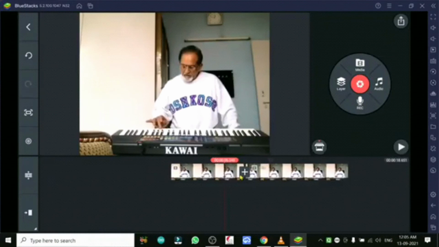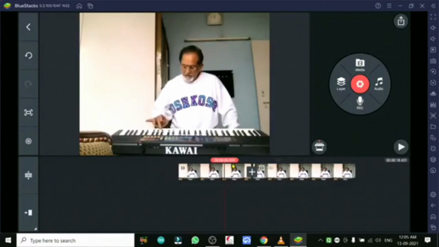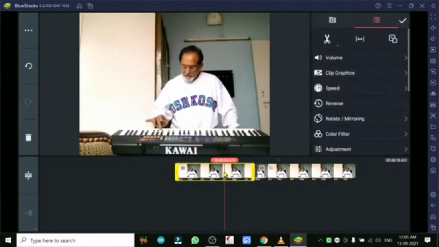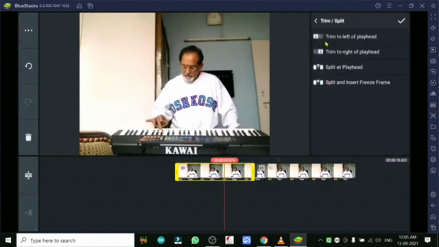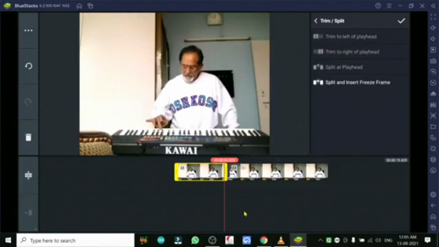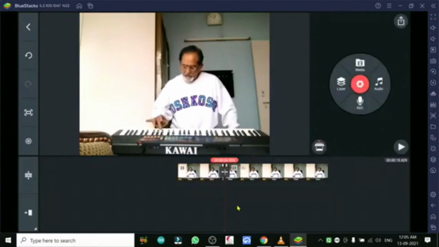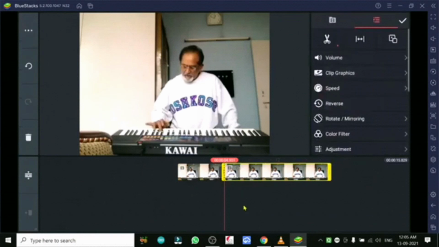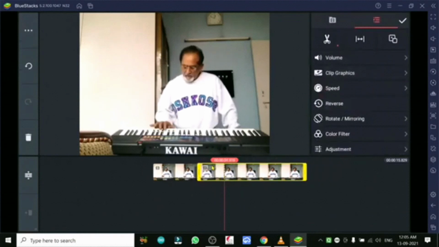Now we want to remove this in-between portion. Make two trims at this playhead. Now you want to remove the part in between. Click this right. The between portion will be erased. And there are two methods. When you select this portion in between, you can go to the bucket at the left-hand side and delete it.